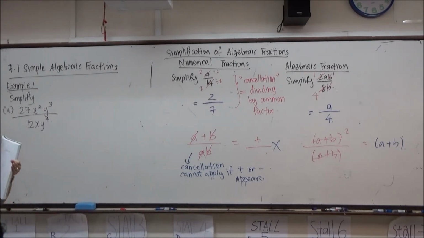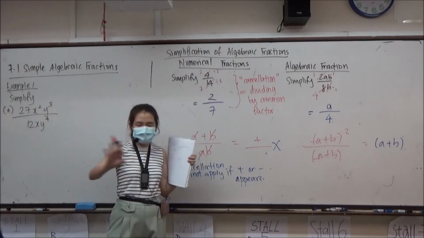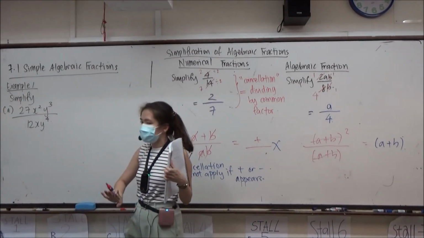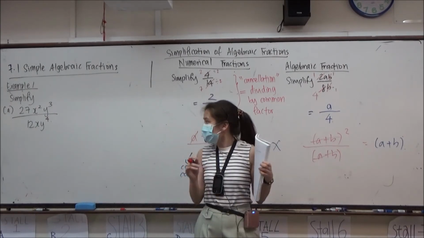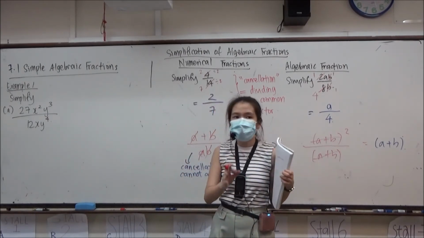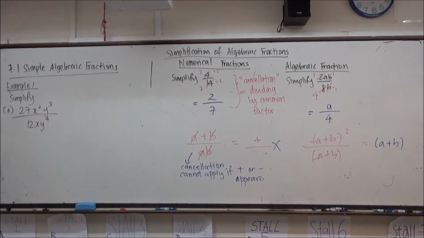Concepts, the ideas that we are trying to draw between numerical fractions and algebraic fractions. Let's do a proper example, where we're going to handle algebraic fractions. So now that we have 27x squared y cubed over 12xy to the power of 4, how are we supposed to go about simplifying? So we also borrow the idea of cancellation, right? In doing this simplification, first of all, I want you to take note that in this xy to the power of 4,